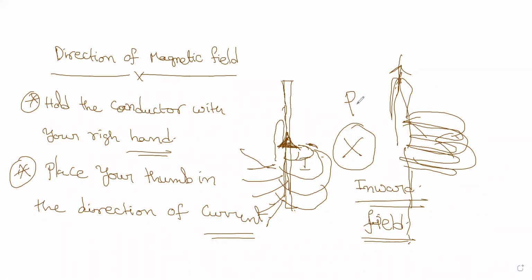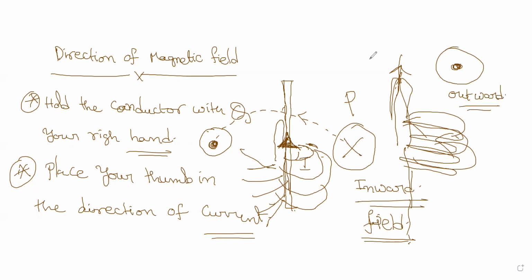Now, let us work out at the point Q what happens. We'll put a point Q here, this side. And now this is inwards. And then when you come here, if you have to put your thumb like this, now the fingers will come out of the paper when you do that. Fingers will come out of the paper. The magnetic field forms like a circular loop. Now this is going inwards like this. It will come outward from here. The outward field is represented like this. We'll put a dot. This is outward field.